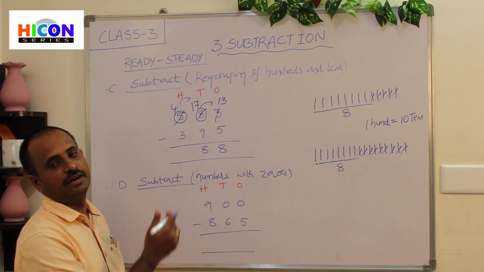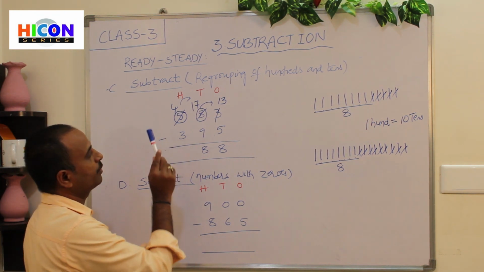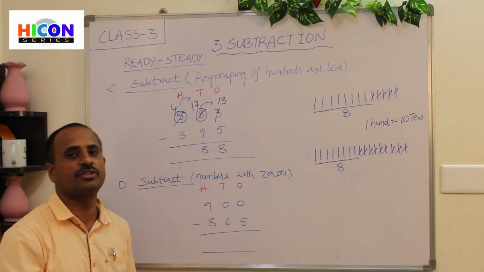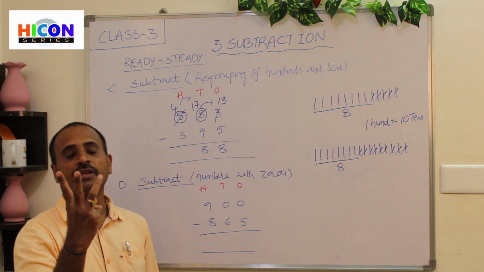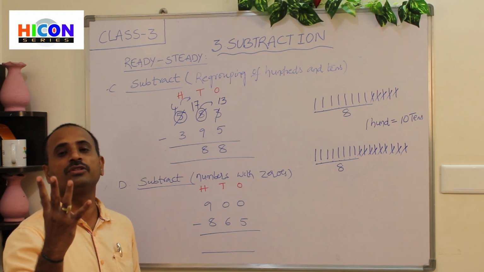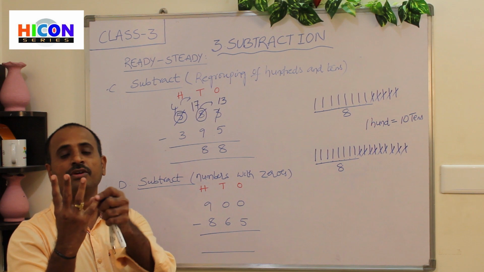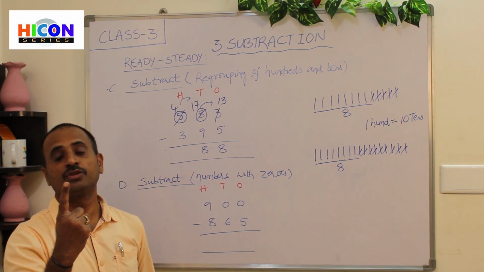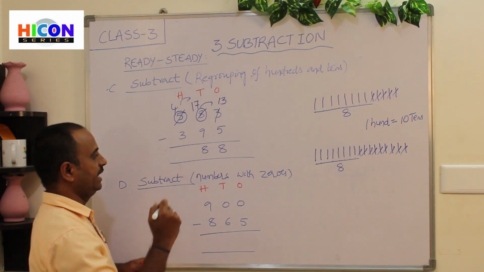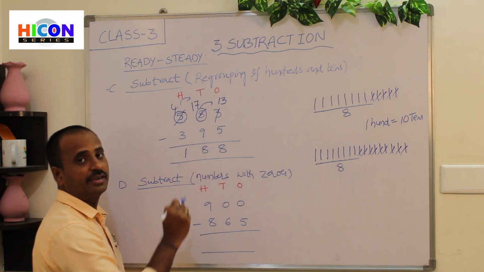Now go to hundreds place. So what are the digits present under hundreds place? 4 and 3 are present under hundreds place. So what is the first number? 4. So open 4 fingers of your hand. 1, 2, 3, 4. And what is the second number under hundreds place? 3. So close 3 fingers among these 4 fingers. So children, see, I am closing 3 fingers. 1, 2, 3. So how many fingers are left there? There is 1 finger left. So write 1 under hundreds place. So the answer is 188.